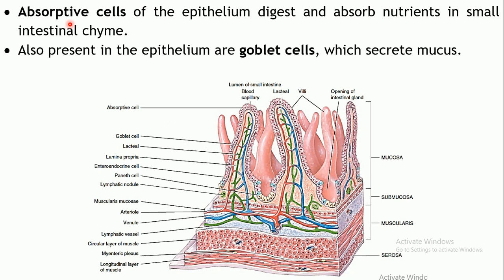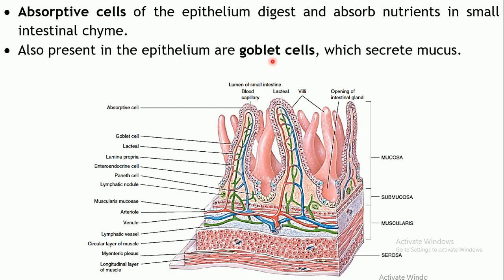One type of cell which is present is the absorptive cell, the ones which are located over here, terminal portions. Of course, we'll come to what exactly these structures are. Let's focus on the mucosa right now. It comprises of epithelial layer, and these epithelial cells are of different types. One type of epithelial cell is the absorptive cell. What is the role of these absorptive cells? Digestion and absorption of the nutrients. That's the main function of absorptive cells, which are a type of epithelial cells.